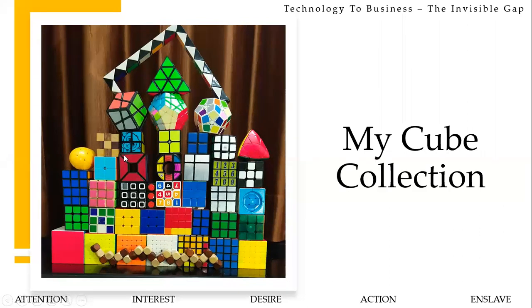Like I said, I have 50 plus different cubes, right? That is how the process of marketing works: you have to know whom to target and what will grab the attention of your customer. That image which I saw grabbed my attention, that okay, I want this, and I felt that pain. In that same way, when you're trying to sell any kind of software solution or any kind of idea for that matter, the end user, whomever you're trying to sell that to, should feel that pain.